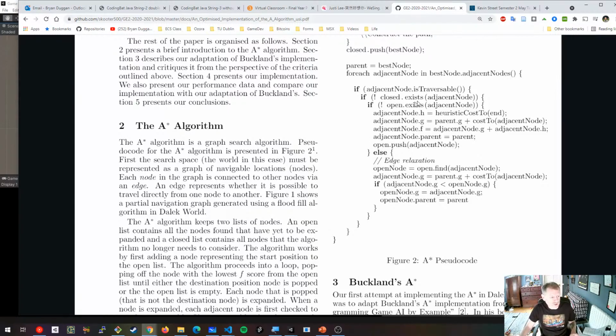And then that node gets pushed onto the open list. Otherwise, as you can see, the algorithm has an if statement here. The algorithm is checking to see if it exists on the open list. If it doesn't exist on the open list, it gets added to the open list. If it already exists on the open list, then that means we may have found it via a different path through the graph. And then the algorithm implements this thing called